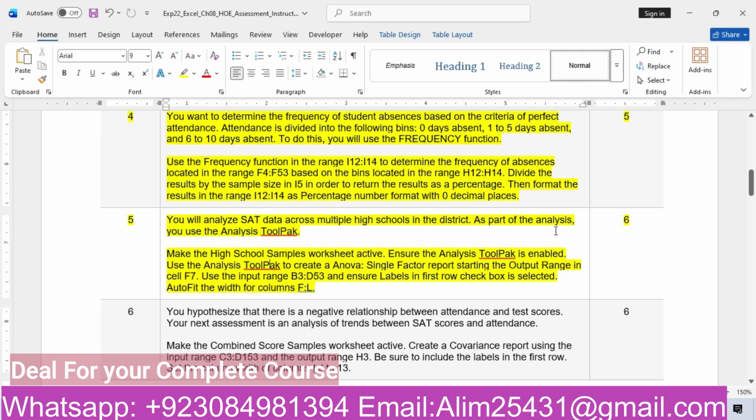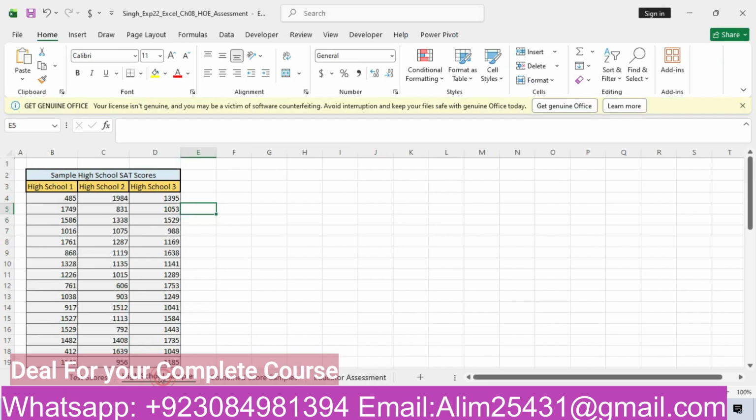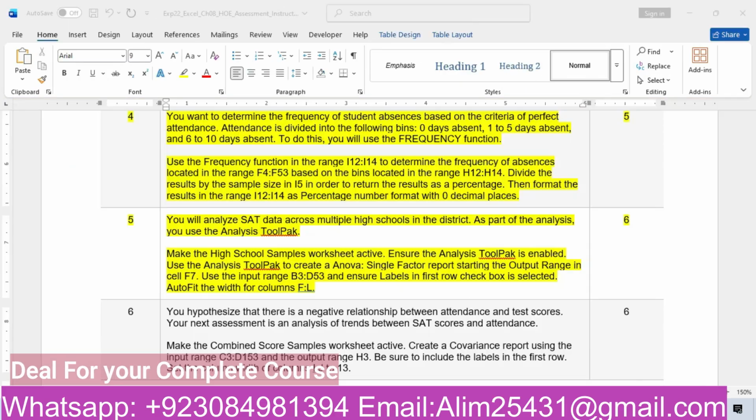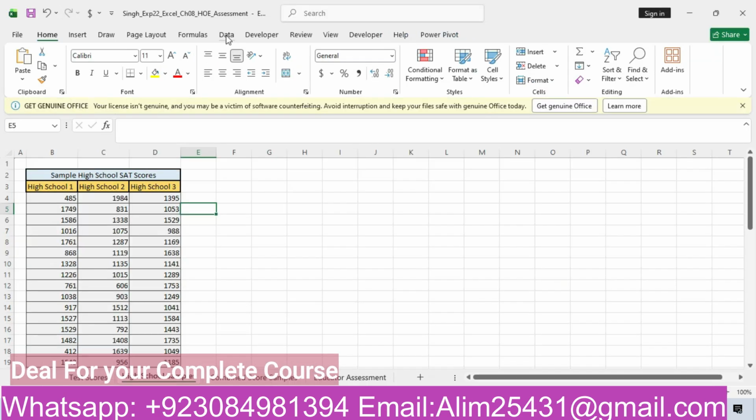As a part of the analysis, you will use the Analysis ToolPak. Make the High School Sample worksheet active. So we will go to the High School Sample worksheet. That's our High School Sample worksheet. What next is he asking to do? Ensure that the Analysis ToolPak is enabled. Use the Analysis ToolPak to create an ANOVA single factor report starting at the output range in the cell